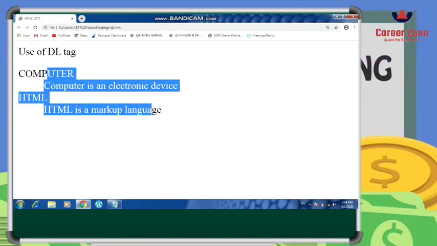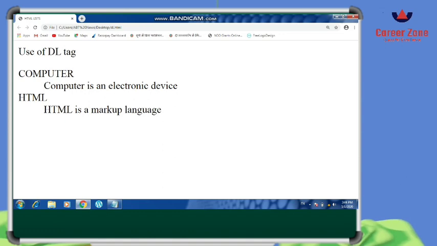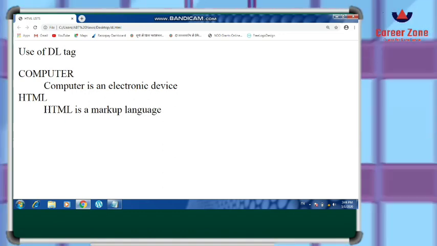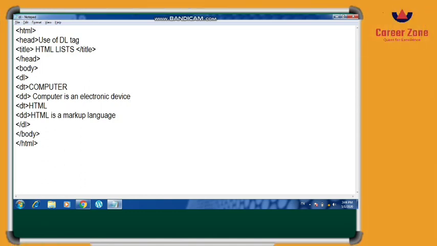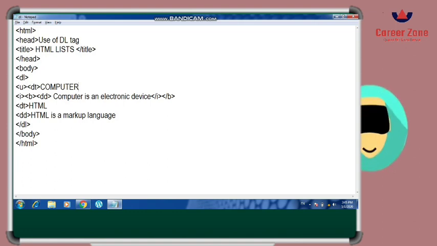See the use of DL tag, then computer, which is the term written under the DT tag, and then the definition data. So if you want your content to be written in italic or bold, or you want to apply any font style, simply you can open the italic tag, bold tag, and close it wherever you want the text to be formatted.